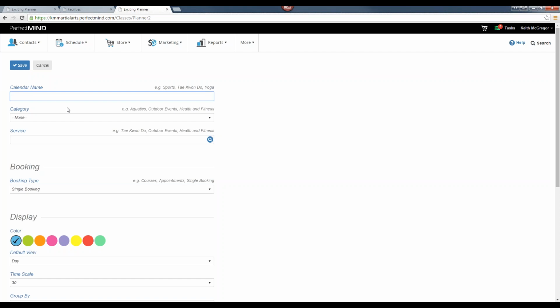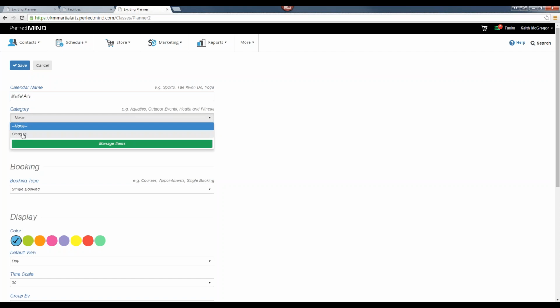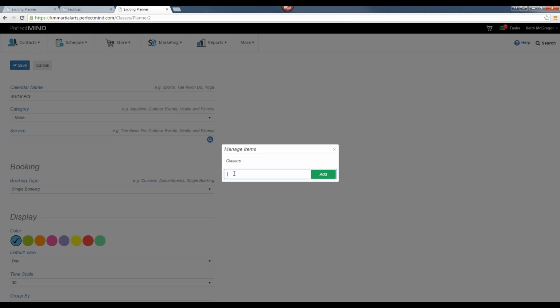So we have to provide the calendar a name. So we can say Martial Arts. We provided a category. Now, right now, there's one category in the system. It's called classes. But you can create your own categories by going to manage categories, and then we can add